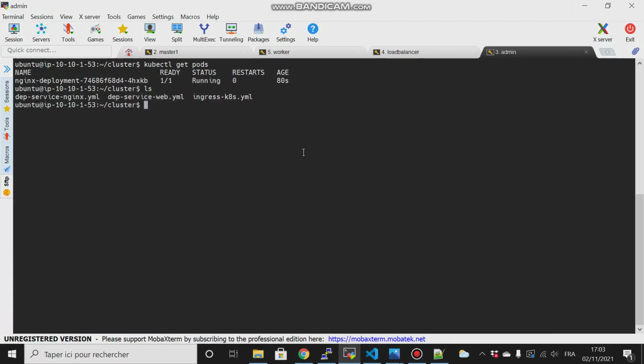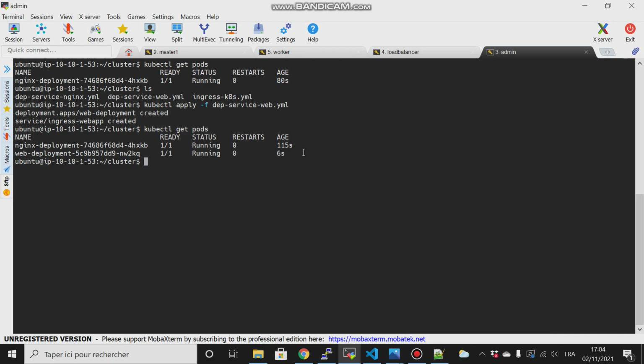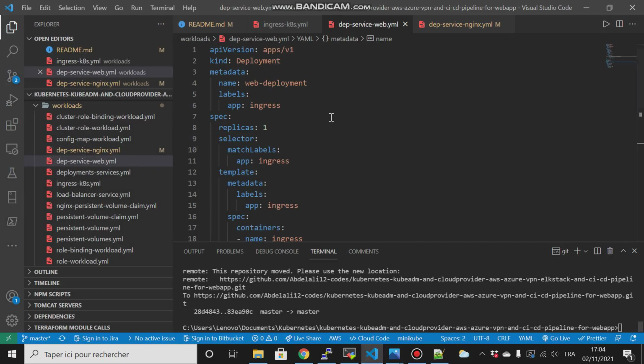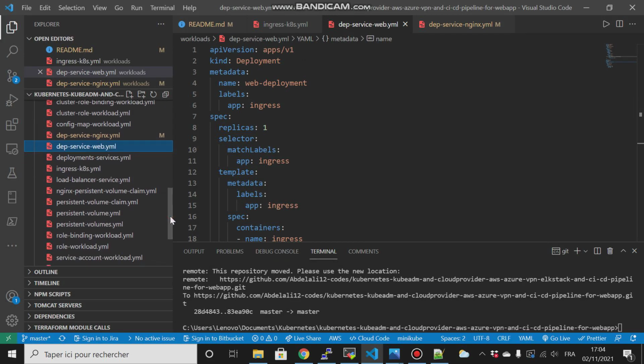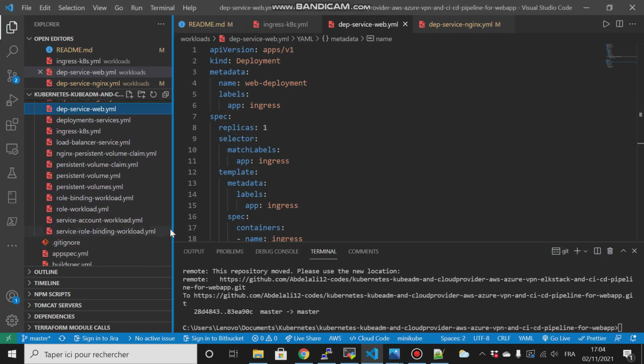So kubectl apply -f deep-service-web apply. I type kubectl get pods, both of them are running. And now if I try to run our ingress,